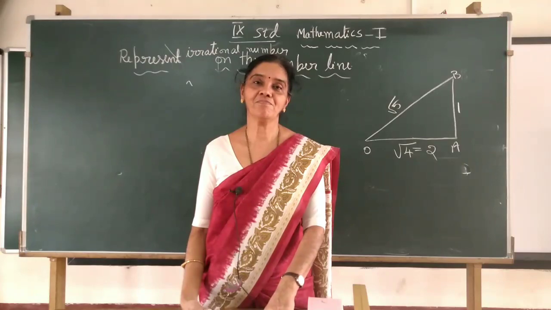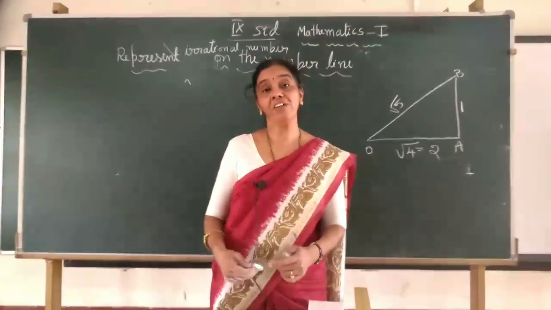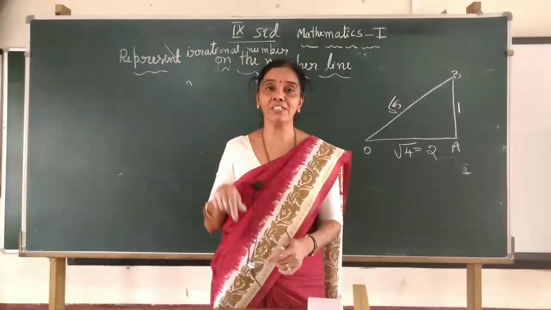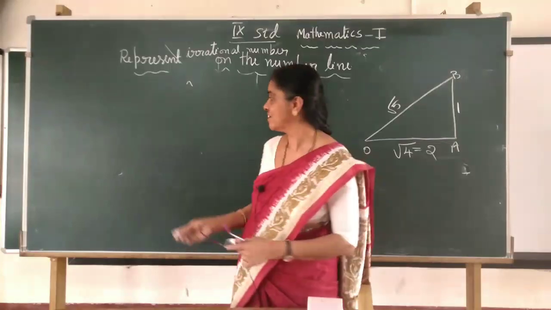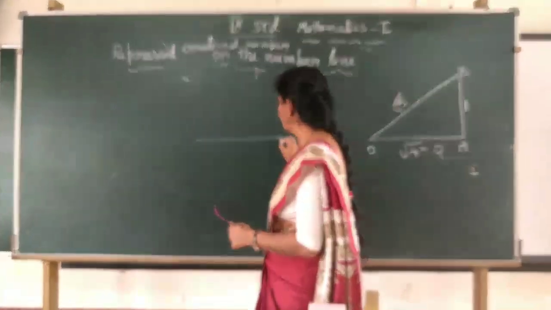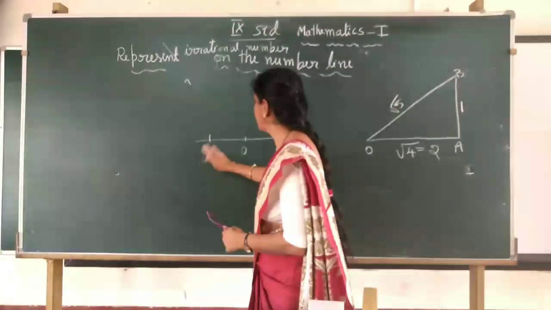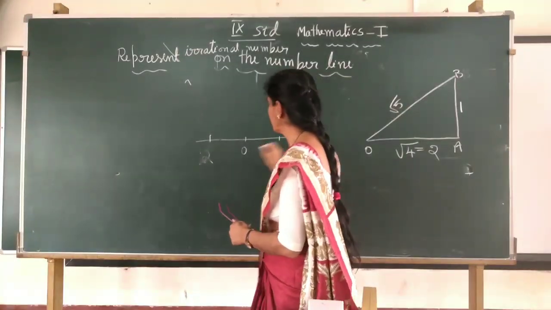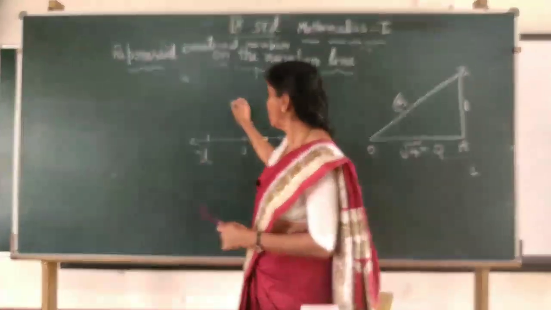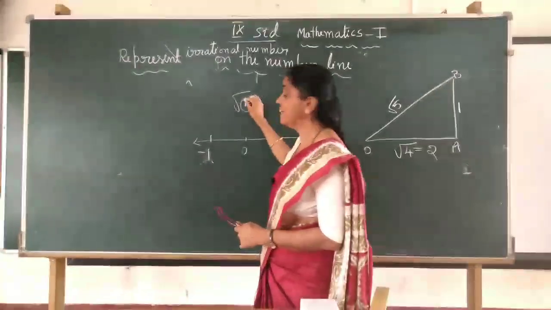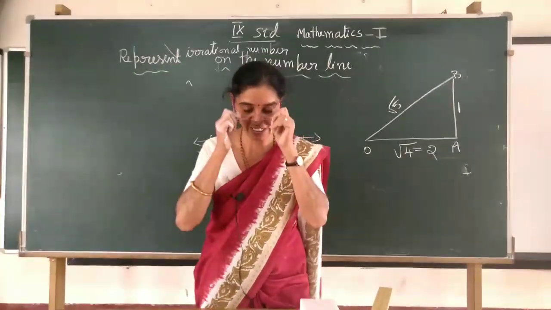Tell me. Numbers should be represented in the form of square root of some natural number m on the number line. All numbers will be written that way on the number line. Now how to represent minus 1 using square root m? m should be a natural number. Can we write it? No, it is a wrong answer. Correct, your answer is correct.